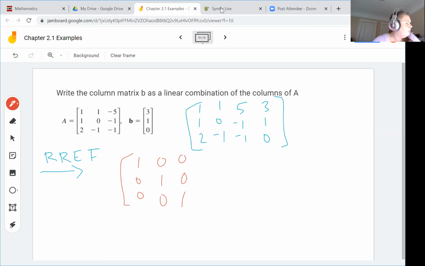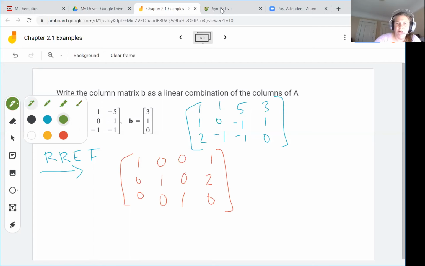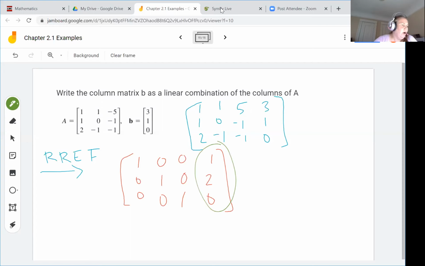So the call reduced row echelon form gives us this nice triangular form with the solutions. And in every row, it's just got the 1 and then zeros in all of the other positions, as well as in every column, you've just got 1s and zeros in all of their positions. This is a good looking solution here for us. So now we want to rewrite matrix B in terms of the original columns of A. So the values in our solutions, the reduced row echelon form matrix, are going to be the coefficients that we multiply the columns